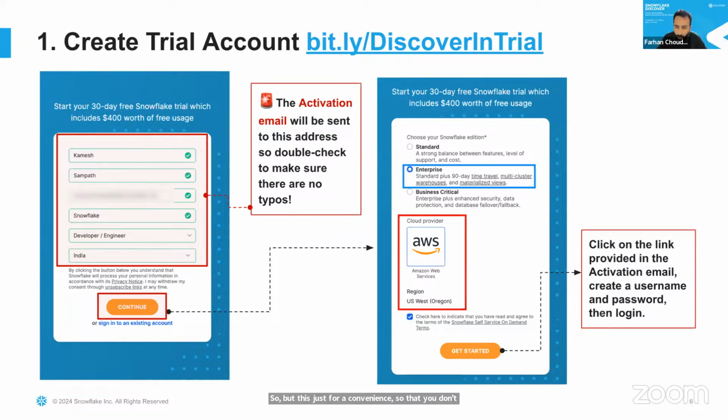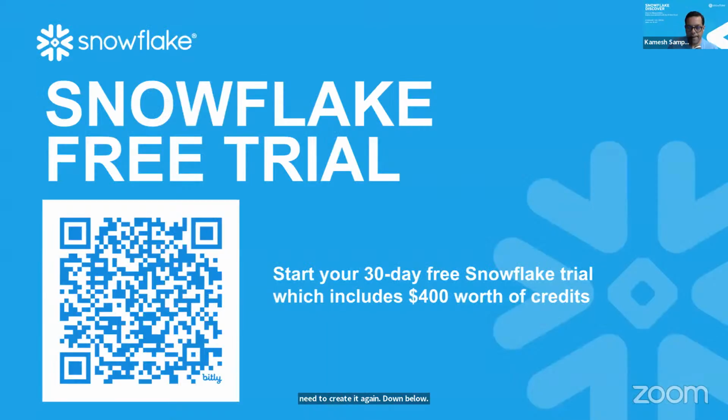Okay, can we go back to the QR code once more? Yeah, we are going to leave it on for a few seconds. Sure. Let's give it 30 seconds so that everyone can take a quick screenshot of this. For those of you who remember the steps, the free trial link and the Discover participant aid are in the resources pane that you'll find at the bottom of your screen. If you're not able to do that, just scan this QR code real quick or take a quick screenshot, scan it later, and create your trial account later. We'll still have a couple of minutes before we start off with the hands-on lab.